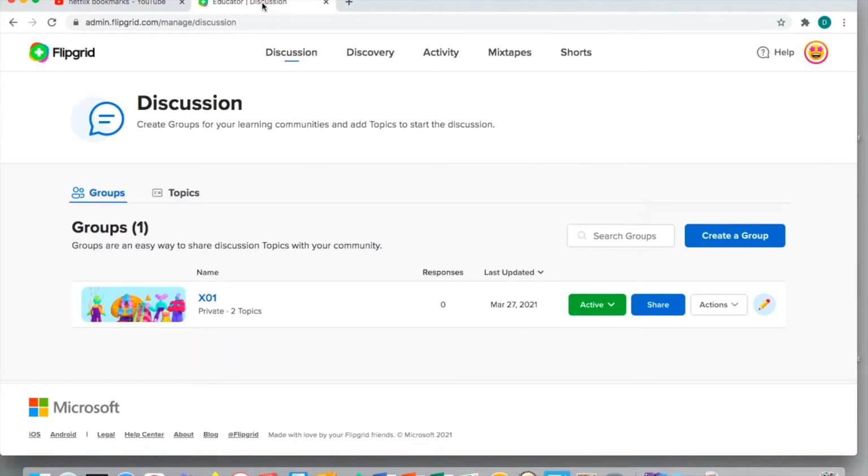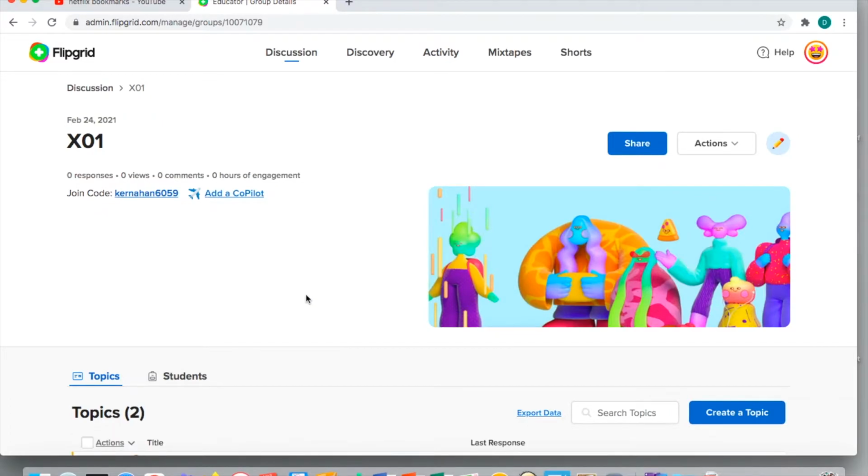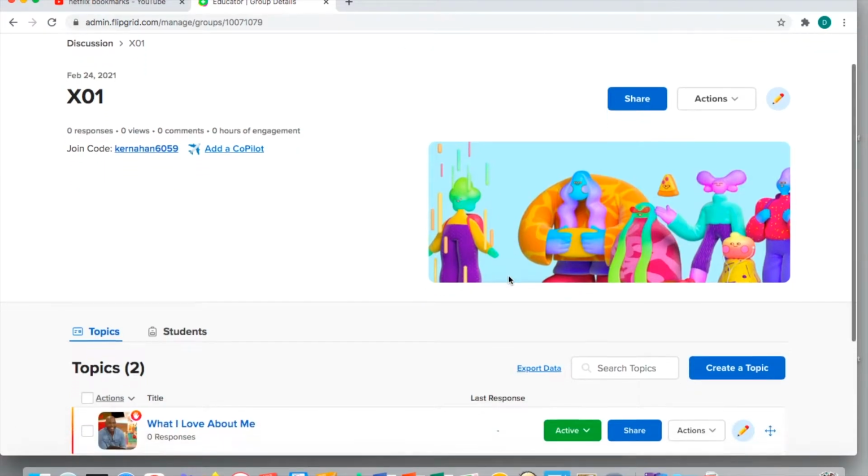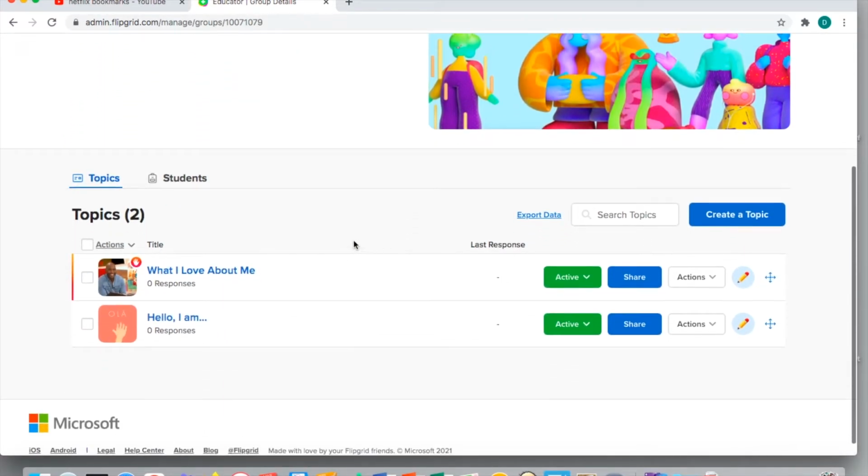So let's go into Flipgrid, and you'll see here you create your classroom, your groups. And so I have a classroom right here. And if you click on it, it kind of gives you the information on how you'll join. Your students will be able to join into Flipgrid utilizing this code, right? It's usually your name. And then you can add a co-teacher, right? You can add a little classroom picture, right? Something fun. And then all of your different discussions will be listed down here, right? So you'll have your students listed here and then your topics.